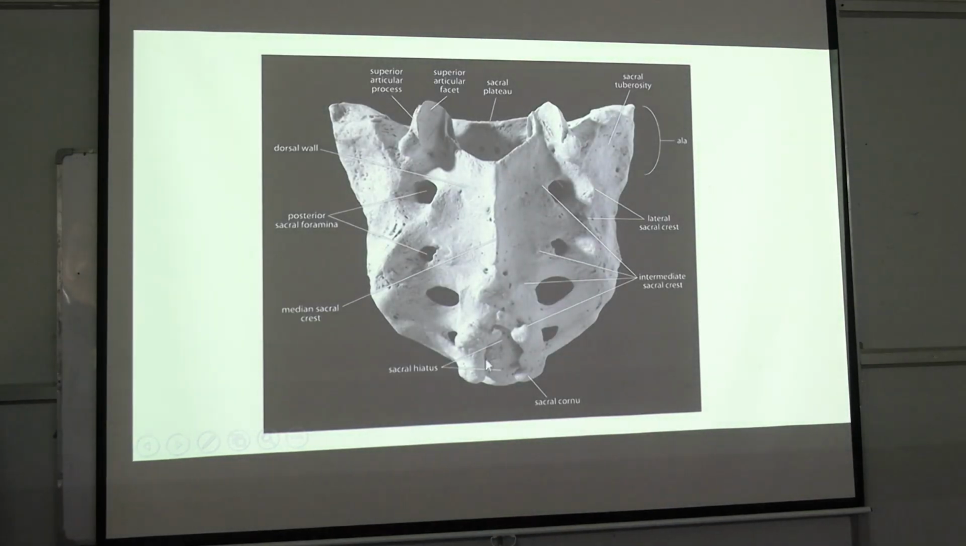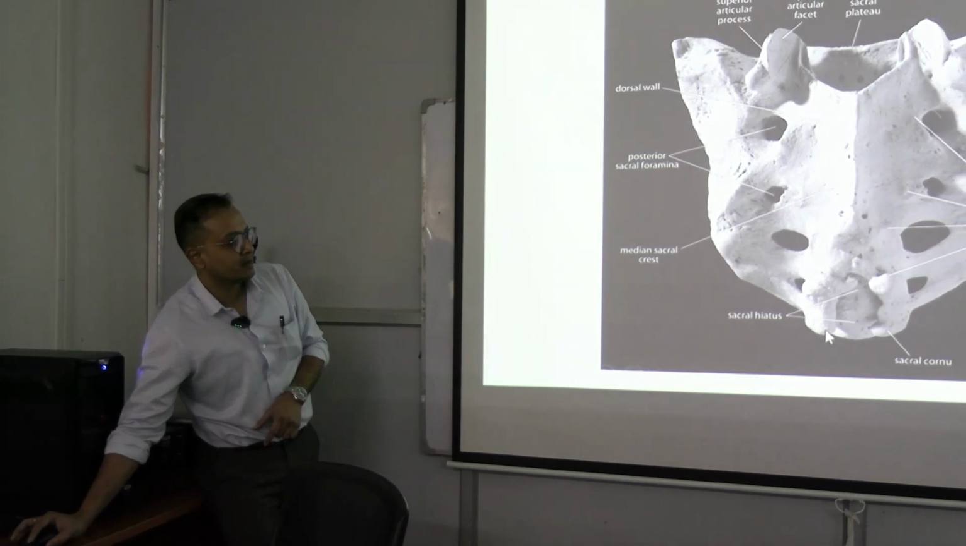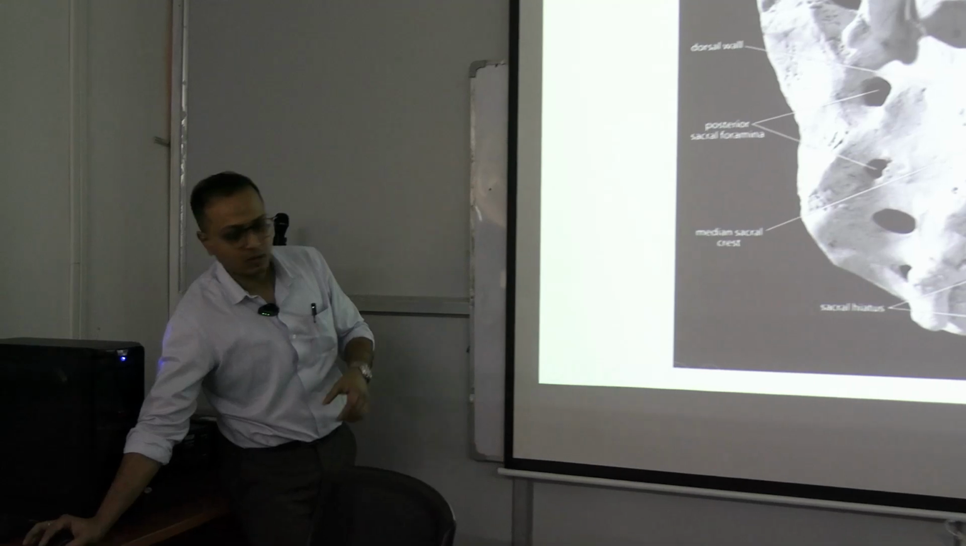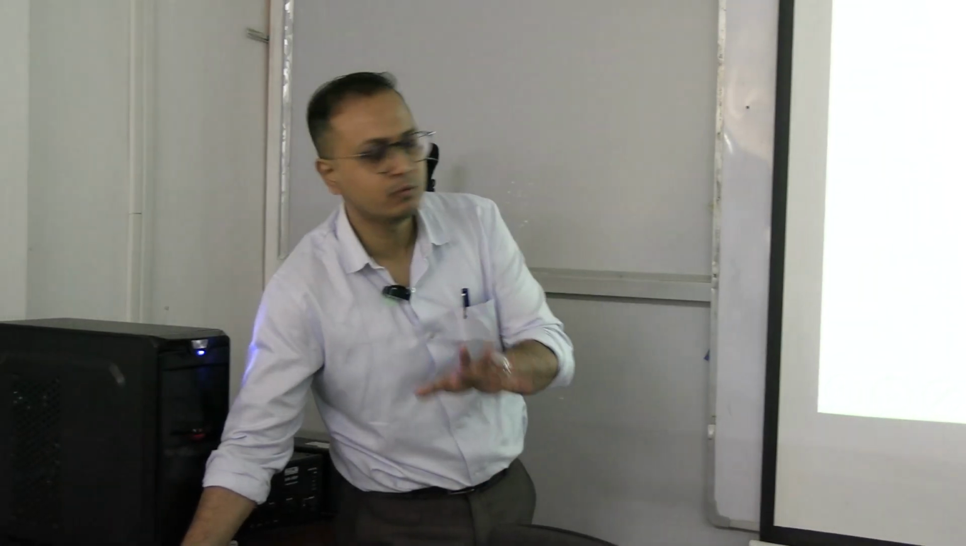So this opening we call the sacral hiatus, and the lower end of the sacral hiatus has a bulbous opening, the bulbous end, which is a bony thing we call the cornu, but you can forget about this cornu. More important to remember is this hiatus. Okay, so this opening, the sacral foramina,